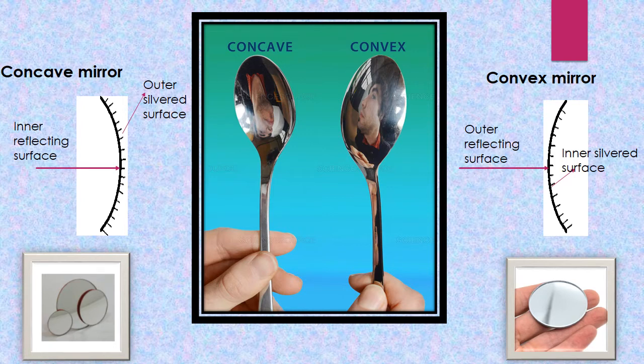Convex mirror: if the light falls on the reflecting surface which is curved outward, that type of mirror is a convex mirror. Look at the figure. I hope you all have seen and touched the concave and convex mirrors available in our labs. When you touch the concave mirror, you can see that the mirror is curved inward, whereas a little bulging is there over the convex mirror. So let us study about spherical mirrors in detail.